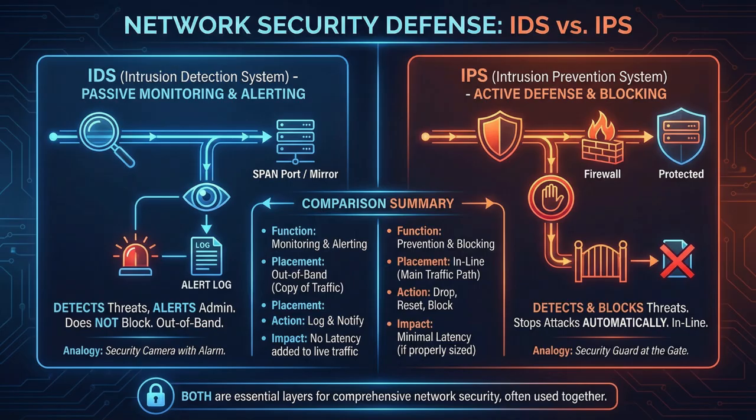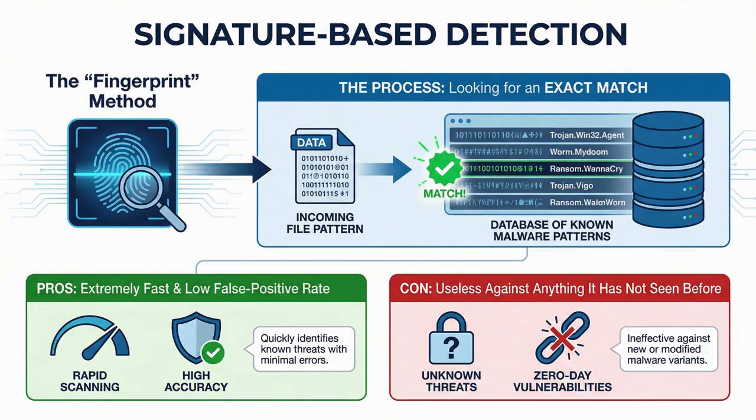Next, we move to the eyes and ears of the network, IDS and IPS. To pass the Security Plus, you must master the three methods these systems use to detect threats. First is signature-based detection. This is the fingerprint method. It looks for an exact match against a database of known malware patterns. It is extremely fast and has a low false positive rate, but it is useless against anything it has not